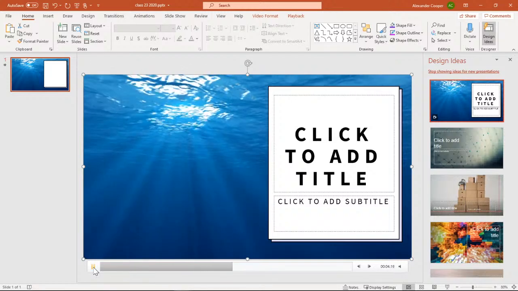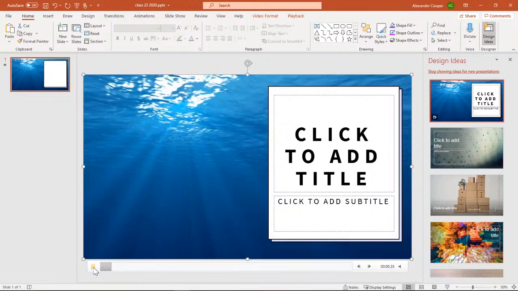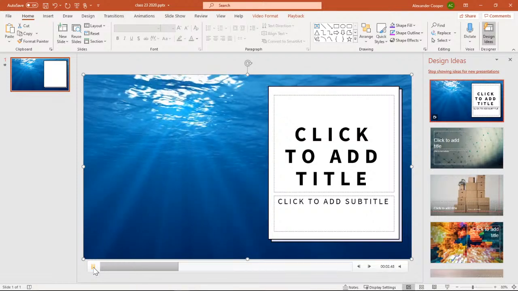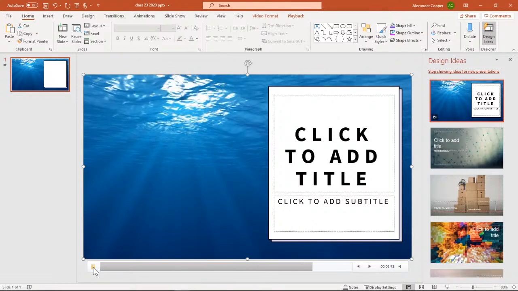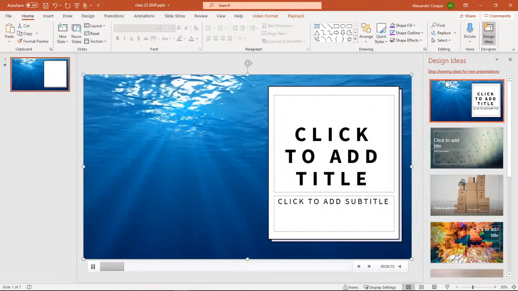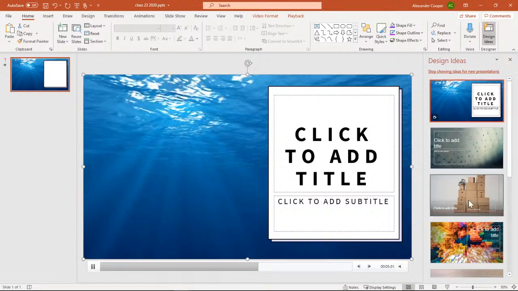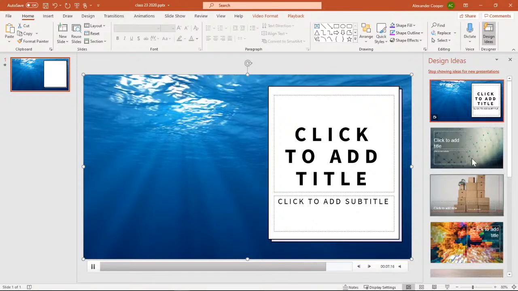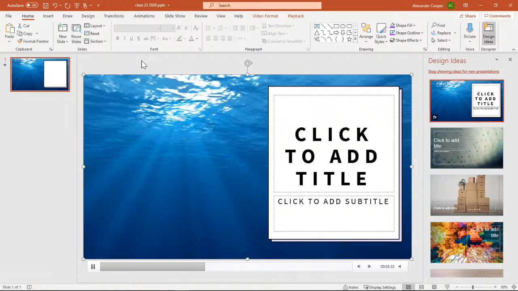It's one of those where it's very short. It looks like it's 8 seconds long, but it's looped. So I think that would be a pretty neat thing to do for someone coming into class. So anytime it pops up and says design ideas here, you can hit the X button if you want to. I'm actually going to leave that open a little bit so we can view some of the ideas that they have.